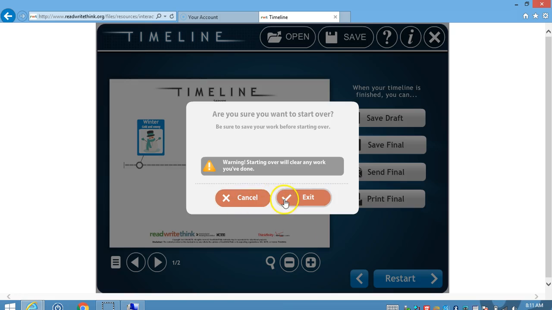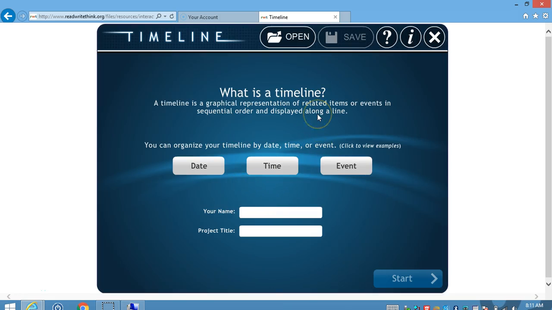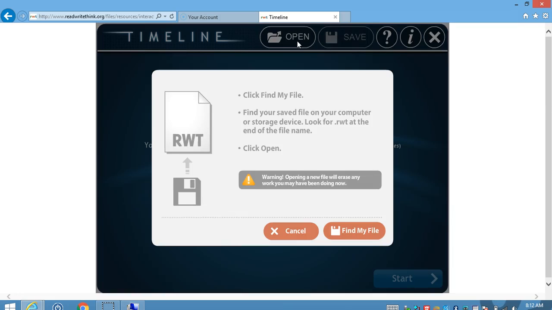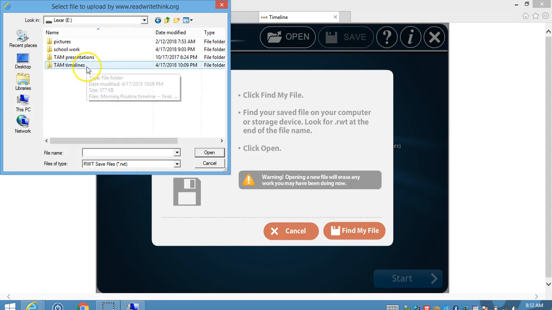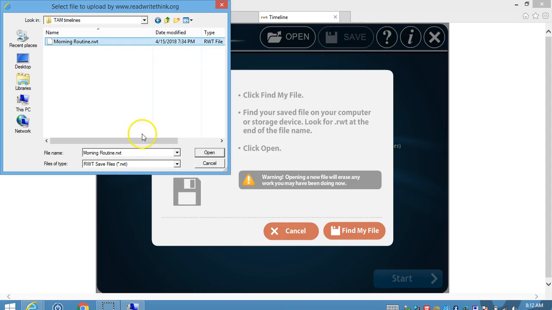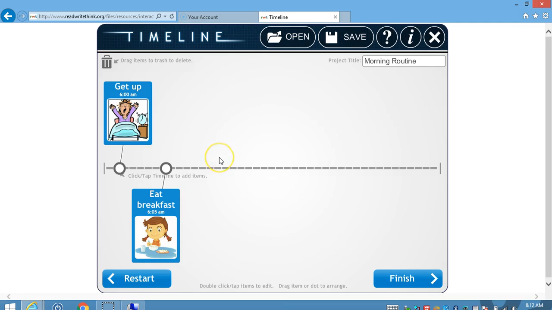So in this case, I will click Restart, and I will be taken back to the introduction screen, as I will now show you 2 sample timelines that I have made. And I have created my daily morning routine for both timelines. So the first one I saved as a draft, so I will click Open on the home screen, and then from there I will find my file again. And it is the one ending in RWT to signify that that is a draft, and I will hit Open, and here it is. And I'm clearly not finished, but since it is a draft, I have the ability to